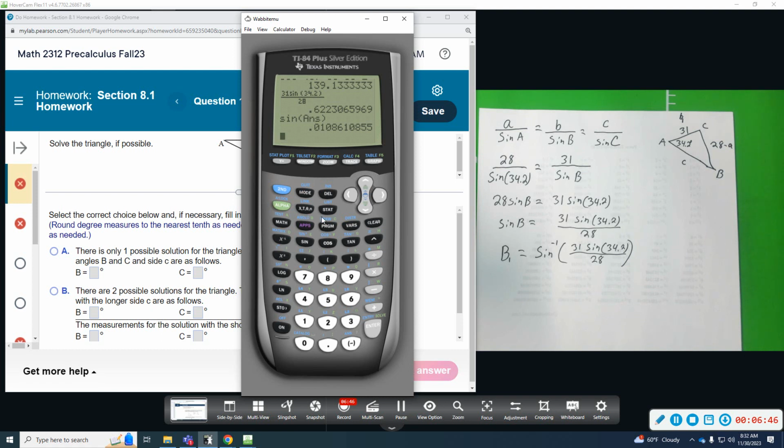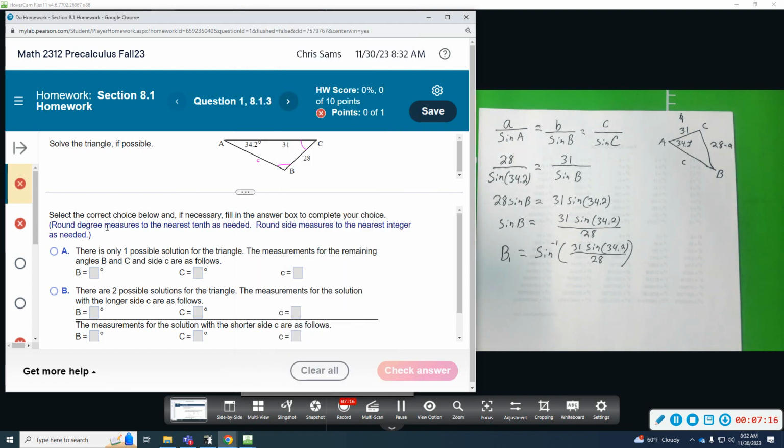Okay, so let me check my mode because that didn't give me a degree. I'm in degree mode, so let me try that again. Oh, I did regular sine, that's why. Second, enter. I need to do inverse sine. Okay, so let me let that go again. I'm going to do second sine to get the inverse sine, and then second answer. There we go. So we get a measure of 38, and let's see, we want to round degree measures to